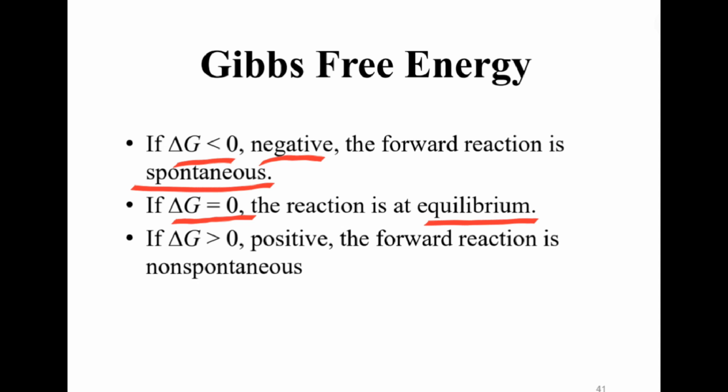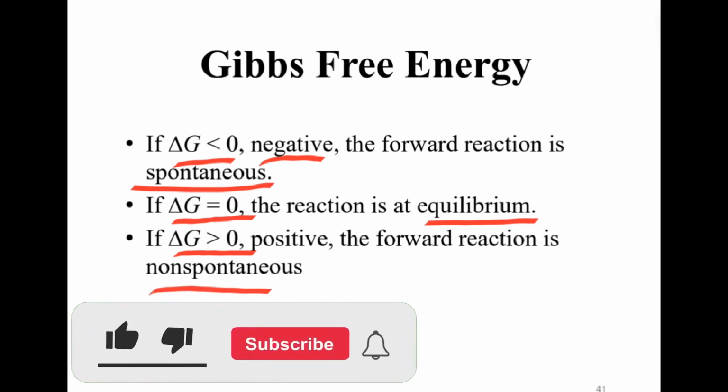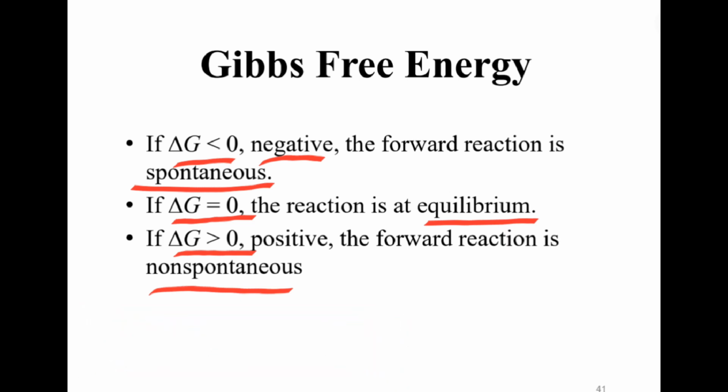Gibbs free energy ከ0 ጋር እኩል ከሆነ reaction equilibrium ላይ ነው ማለት ነው። If change in Gibbs free energy is greater than 0, meaning if it's positive, the forward reaction is non-spontaneous. Gibbs free energy ከ0 ከበለጠ ማለትም ፖዚቲቭ ከሆነ forward reaction spontaneous አይደለም ማለት ነው።